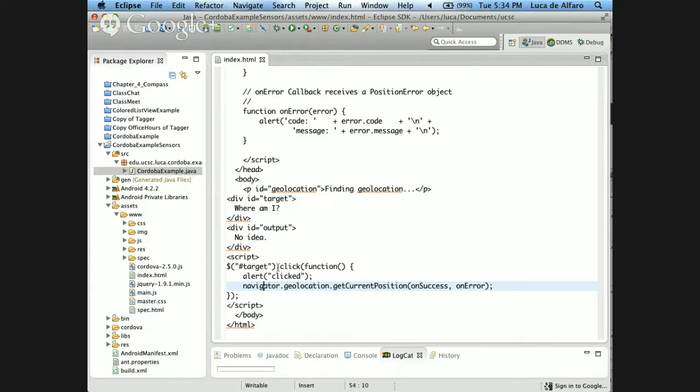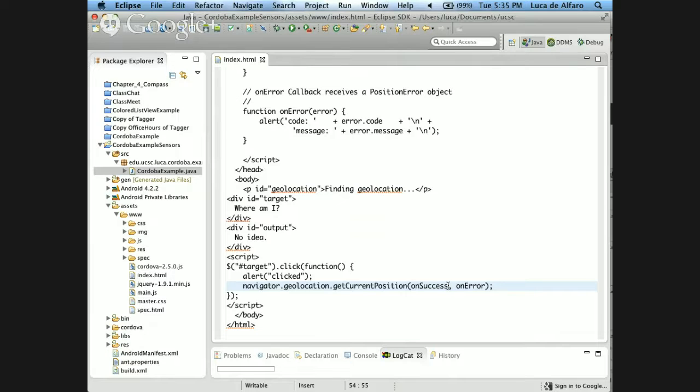Okay, so this is a way using jQuery, which is a JavaScript library, for attaching listeners to an event. In fact, if I use jQuery, I could do things in a little bit more sophisticated way, just to show you an alternative.